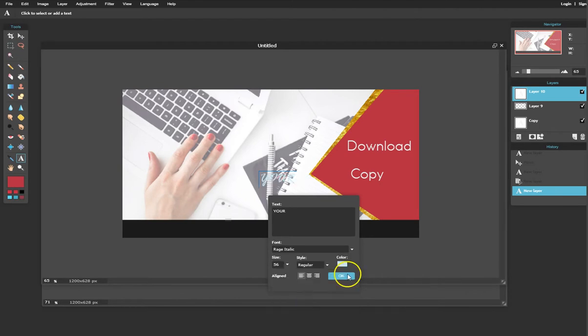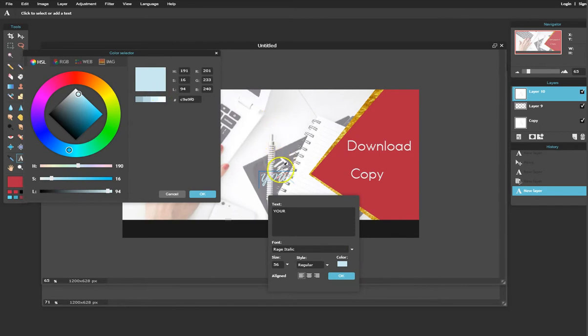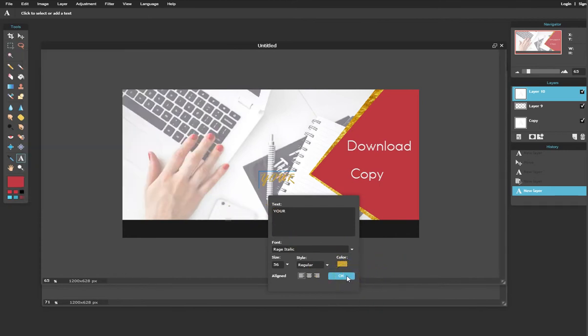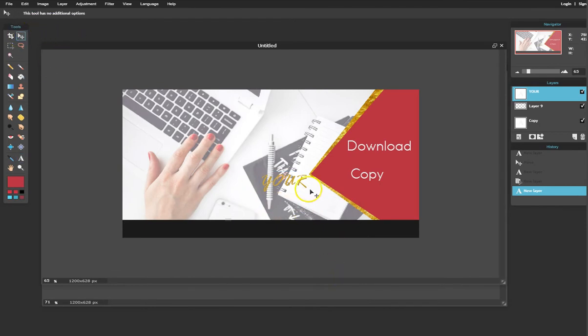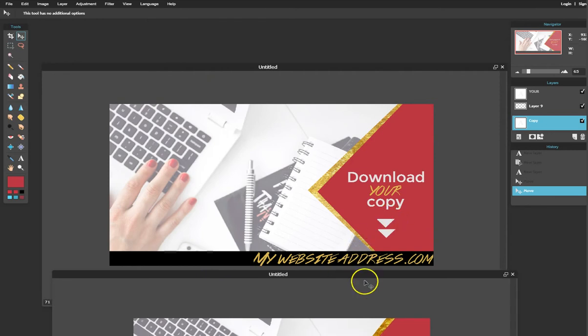So Rage Italic, color is supposed to be that gold. I don't know what happened. I remember selecting it. Okay. Let's see, size. Get a little bit bigger. Okay. I take this, pick it up, and put it right there. Download your. Now the copy part isn't where I want it to be. So actually click on this layer copy and just move it right on over. Ta-da! Next, I'm going to make those little arrows that point down, as you can see right here, which is